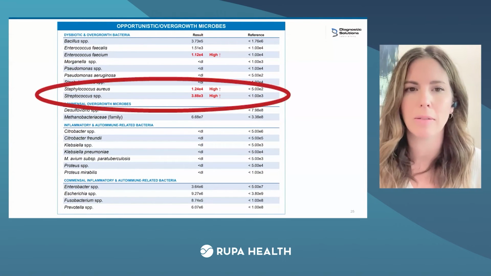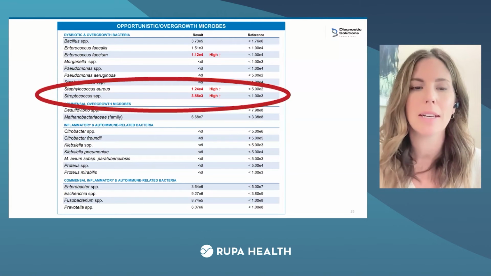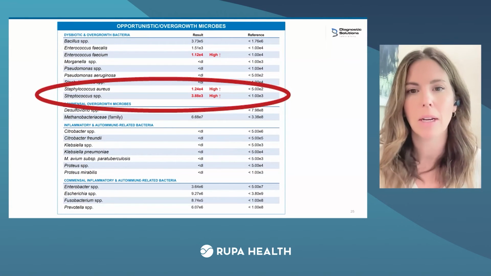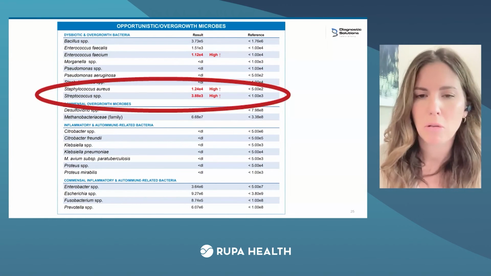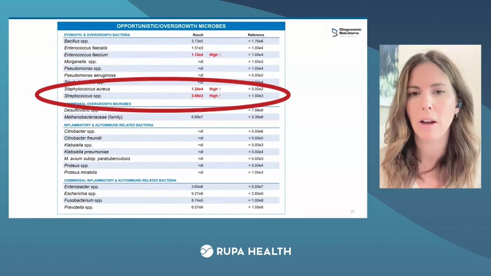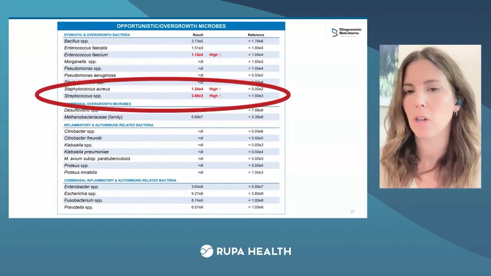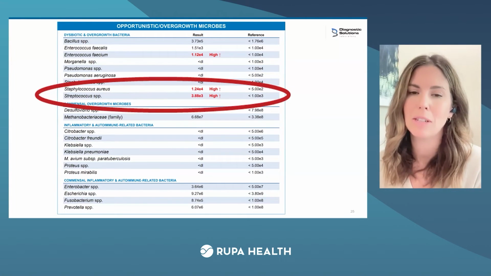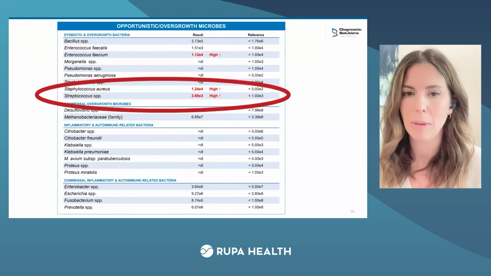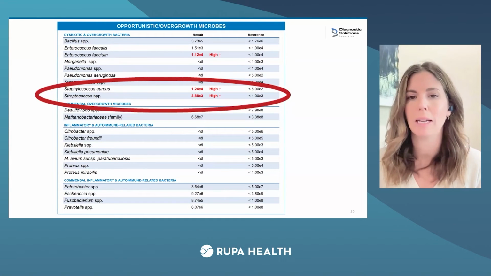So we see our Enterococcus slightly overgrowing, but what's more significant is going to be the staph and the strep here. So at these levels, especially this level of staph, this is really high. But the strep, both of these, when they're high, are often implicated in eczema. And so I look at these as targets to decrease. Now, they can also be associated with digestive insufficiency, carbohydrate malabsorption, or sometimes overconsumption of carbohydrate, but really related to